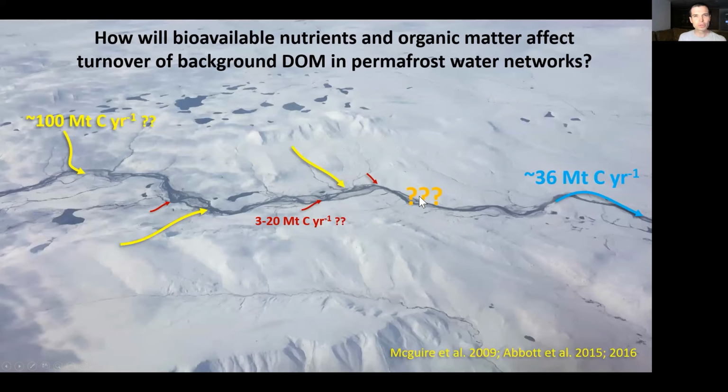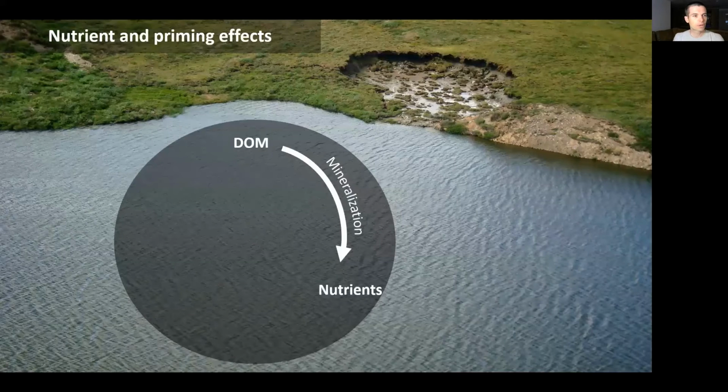How will bioavailable nutrients and organic matter affect the turnover of this modern background DOM in permafrost water networks? We approached this with 2 mechanisms that we zoomed in on. The first one is how these 2 organic matter pools could interact. To understand the first one, let's take a step back and say,